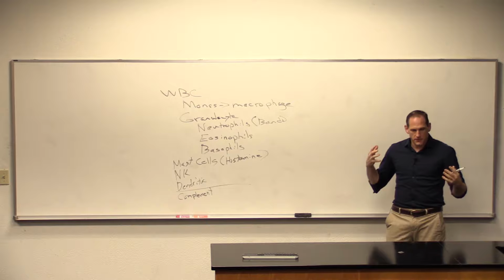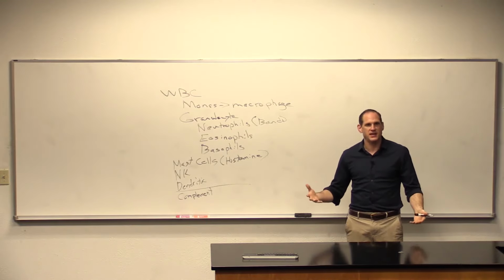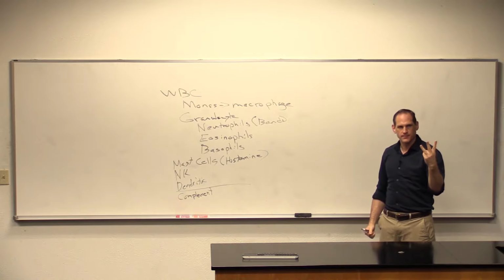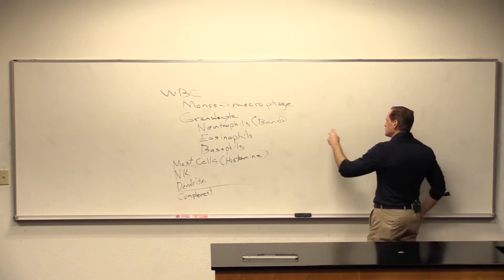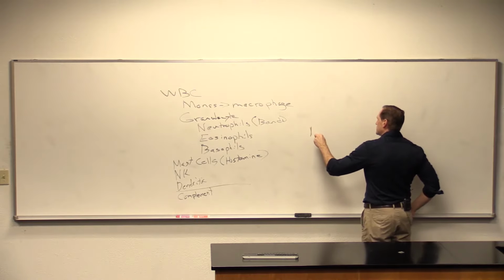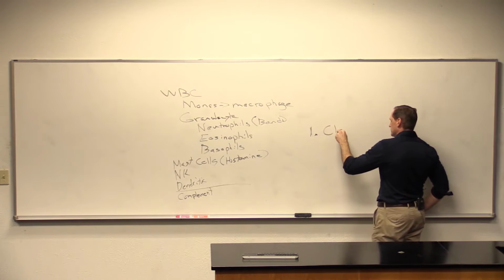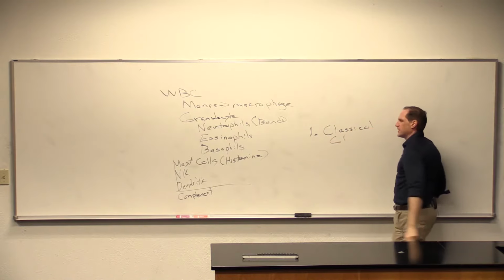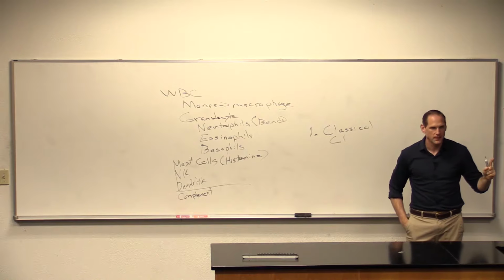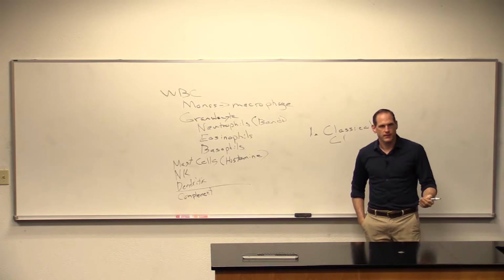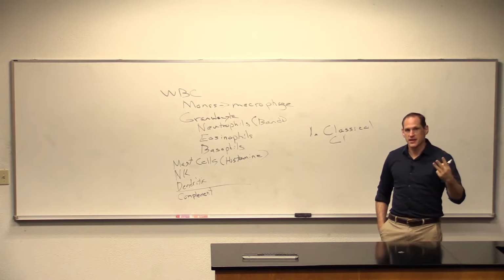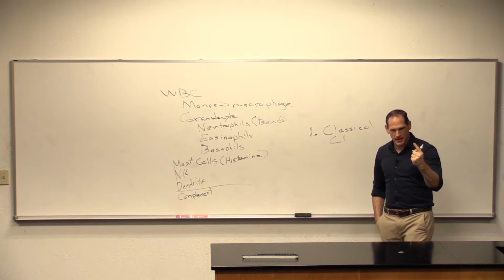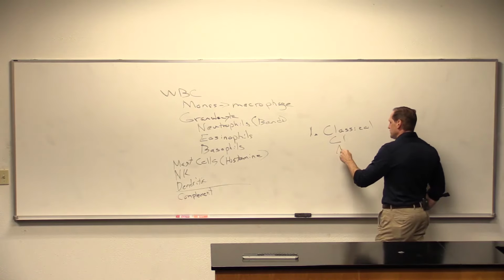So the first thing is, how is this complement cascade activated in the first place? And as it turns out, there are 3 pathways. How many? 3. So the first one, interestingly enough, is called classical. And it involves complement cascade 1, C1, binding to something. And as it turns out, there are 3 somethings it could be. So the first thing it could be is an